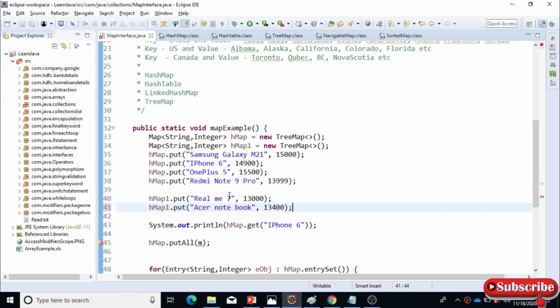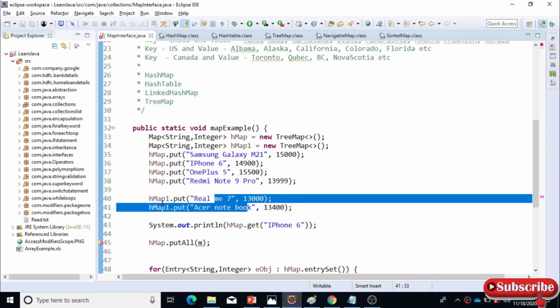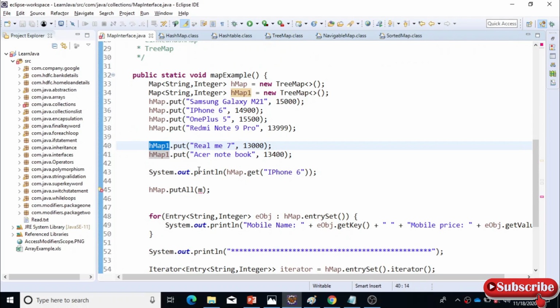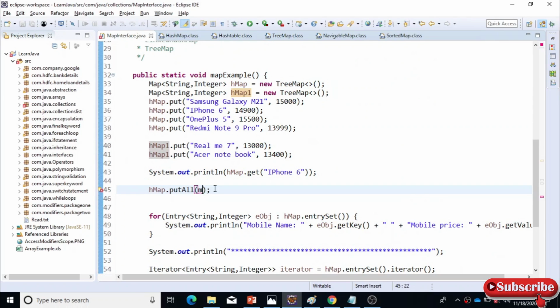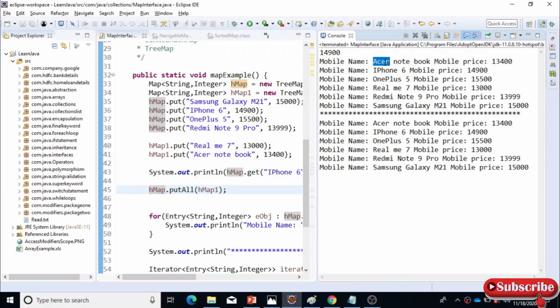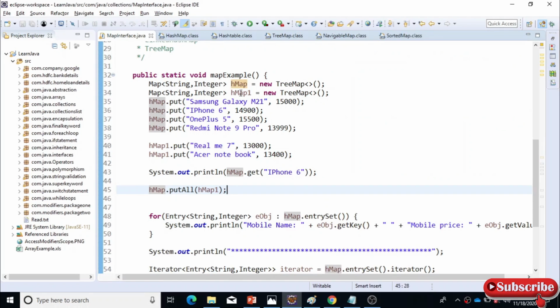Now I have added two values to this hmap1 object, and if you add this object inside the putAll method, this will get merged. Now this hmap will contain these two values as well. If you run this program now, you can see the Acer notebook and the Realme 7 also get added with the values that we assigned inside the new TreeMap.